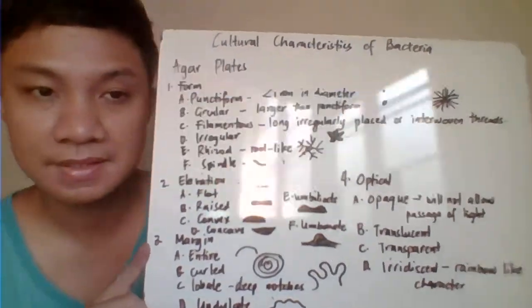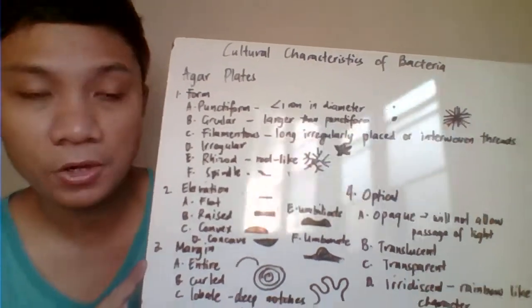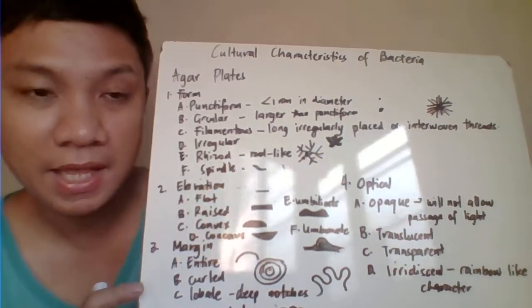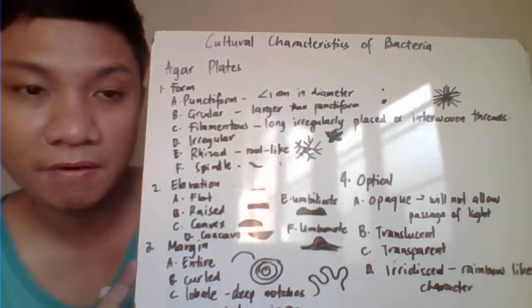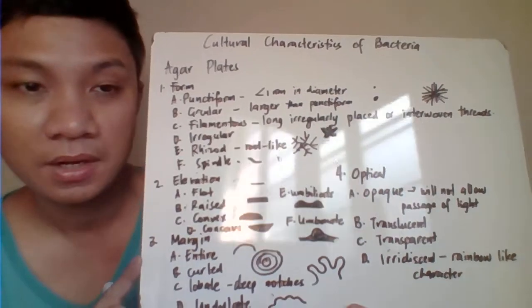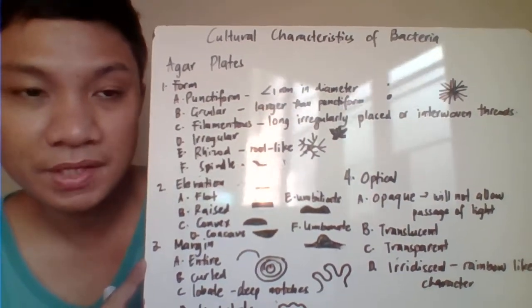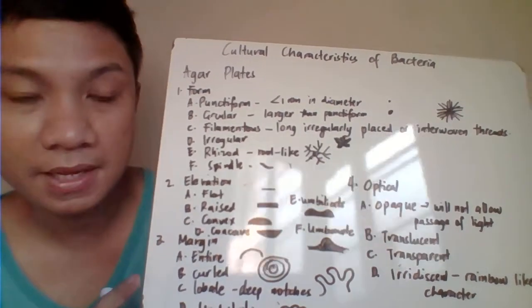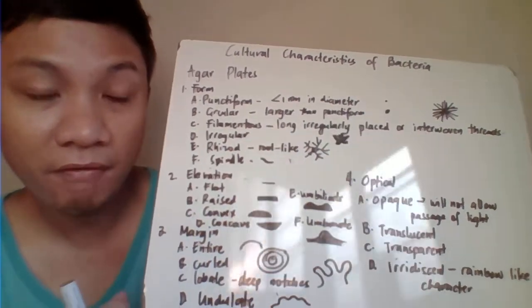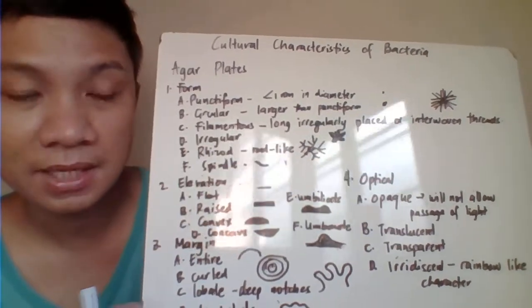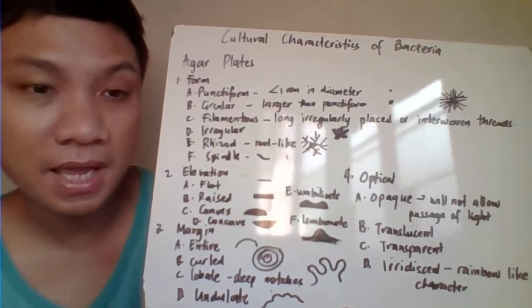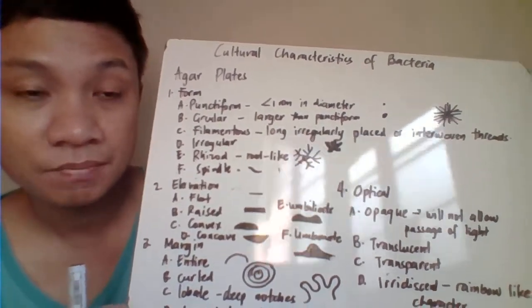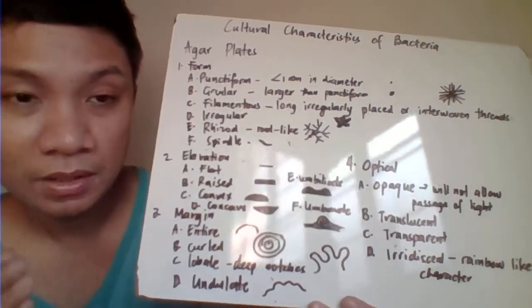Okay, so the next lab activity we have here is the cultural characteristics of our bacteria. This will be taking up the colony characteristics of our bacteria as they grow in our culture media. This is one of the tests that we need to perform when we are culturing the bacteria. It will add information. It will allow us to correlate the test result of your gram stain and even your antimicrobial susceptibility testing and your biochemical reactions, plus the colony morphology, to really